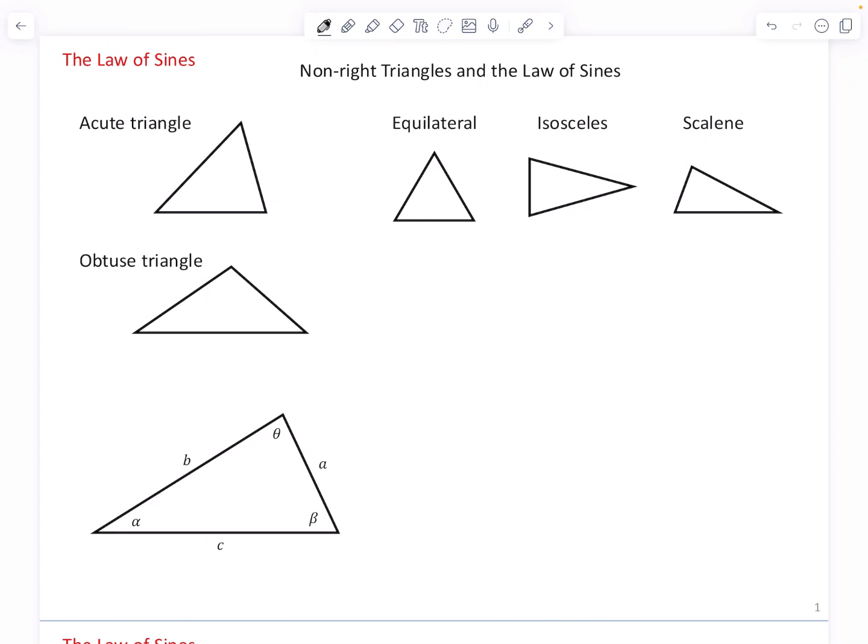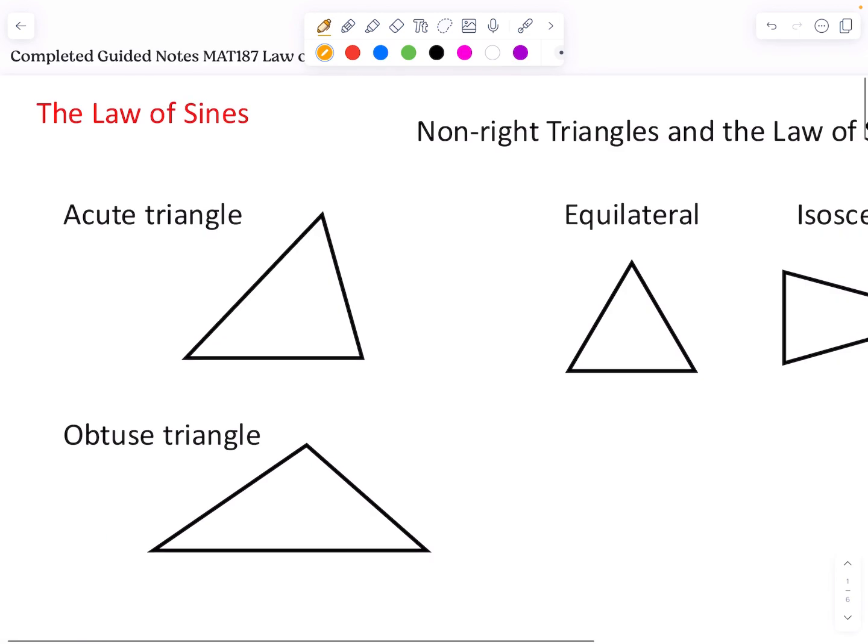Hello students, this lesson is on the law of sines, which will give us a tool for finding side lengths and angles of non-right triangles. First, some terminology. An acute triangle is a triangle where all three interior angles are acute, meaning that they are